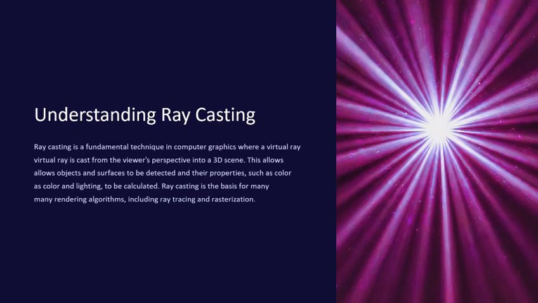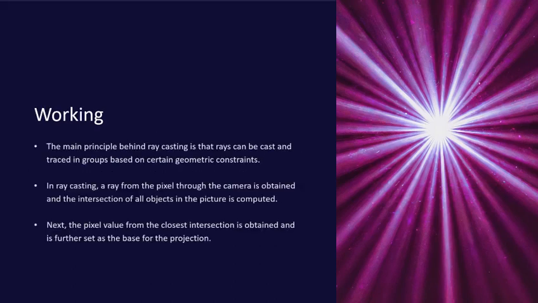Now let's understand what raycasting actually is. In raycasting, objects and surfaces can be detected and their properties, such as color and lighting, can be calculated. Raycasting is the basis for many rendering algorithms, including ray tracing and rasterization. In the earlier days, raycasting was used in video games as it was of low quality, but it was faster